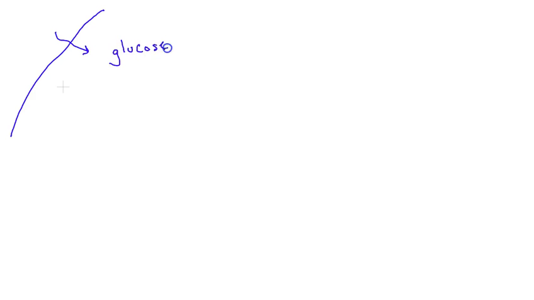Say we have a human cell, and then in the process of glycolysis, sometimes called anaerobic respiration, I didn't want to spell that, I've had a bad week of spelling, so in glycolysis,